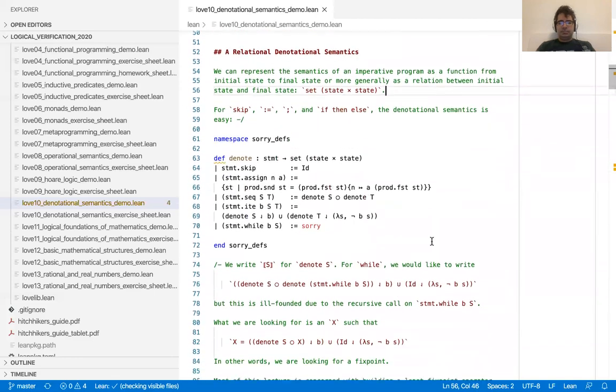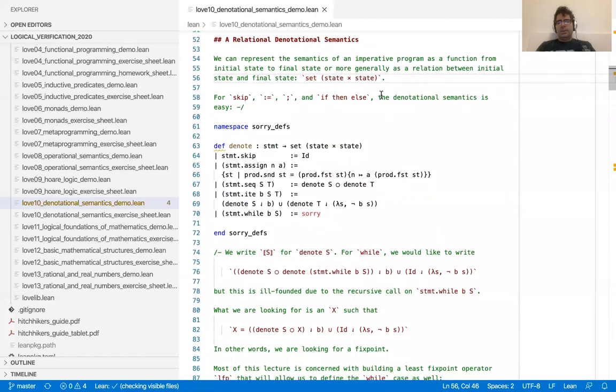But here, because we're working with relations, what we have is relations over states, right? So binary relations over states. So you relate start states, or initial states, to final states. And you can do that using binary predicates or using binary relations. Here we do it using binary relations. In proof assistants, the two are isomorphic. Well, actually, also in real life, not just in proof assistants. And then what we see is that for 4 of the 5 statement types, the semantics is quite easy to